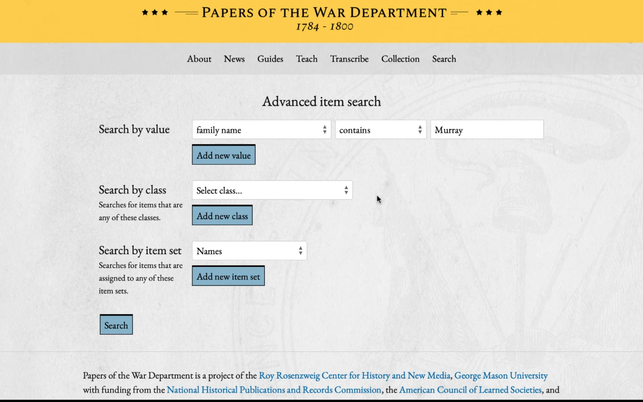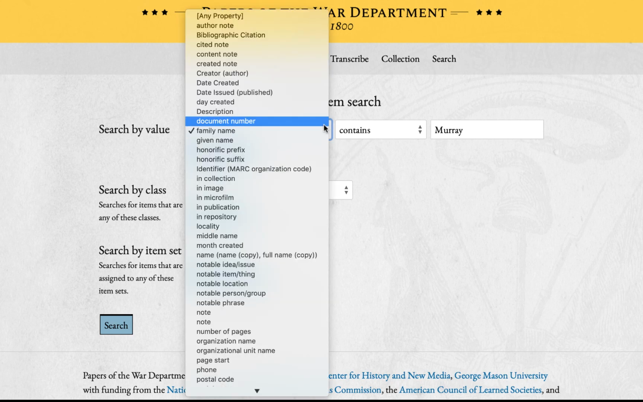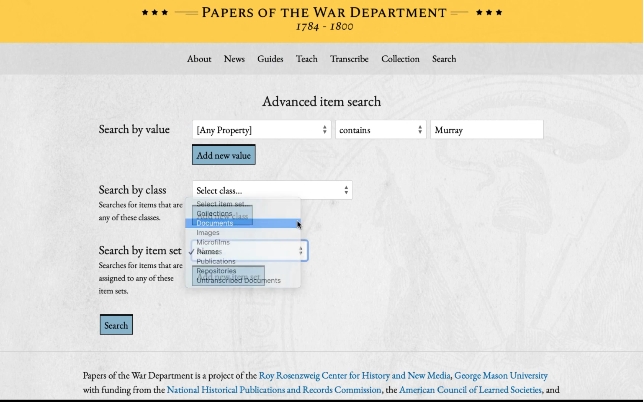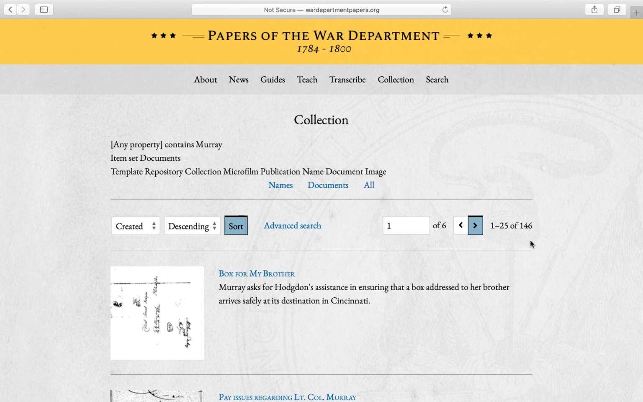If you're more interested in finding instances of a surname within documents, simply change the Search by Value dropdown to any property, and the Item Set dropdown from Names to Documents. This search will give you results for any time the surname Murray appears in the description of any document in the Papers of the War Department. As you can see, the name Murray is included in 146 of the documents in the Papers of the War